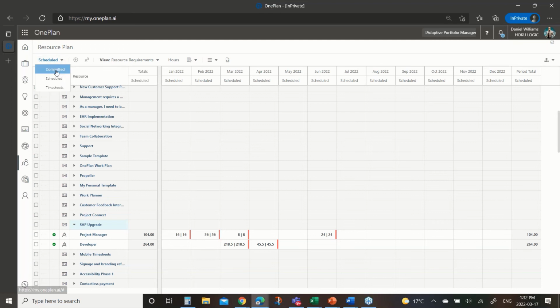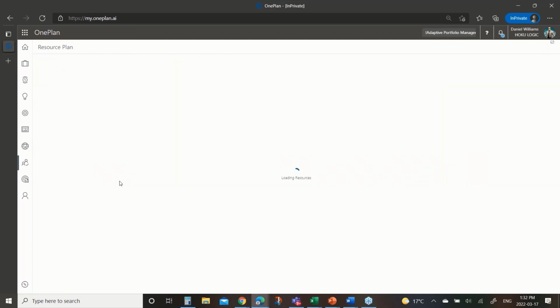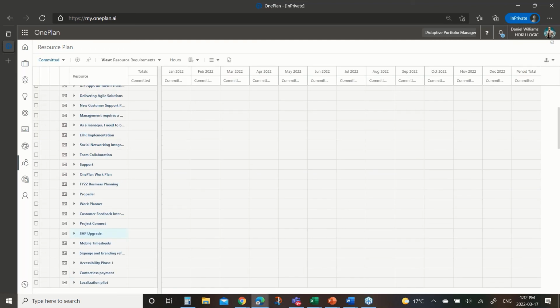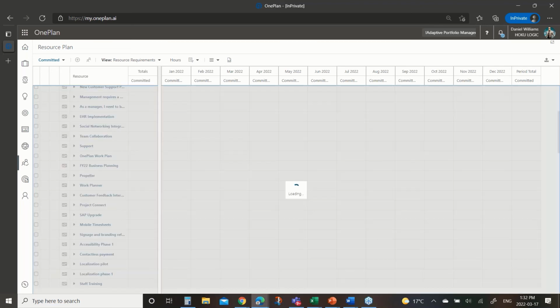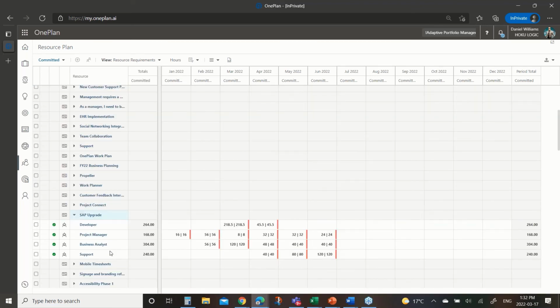I'm going to jump to a different view here really quickly because I want a specific one. Go down to that. Apologies, wrong one. There you go. There are those 4 generic roles that I had put into the resource pool and their requirements. I'm looking at a resource requirements view. I've got a multitude of views here that I could look at in each project and make some decisions.